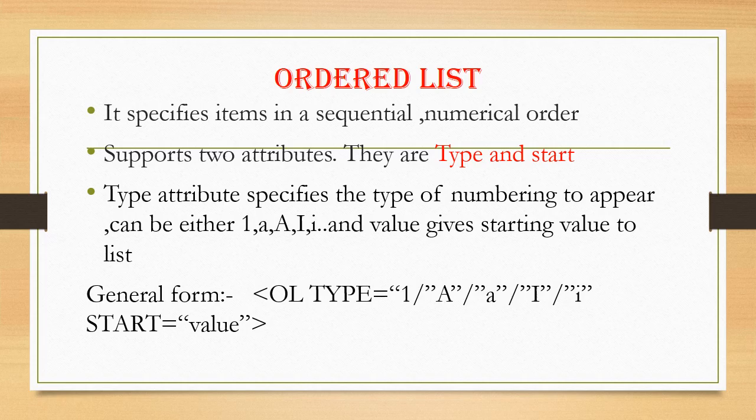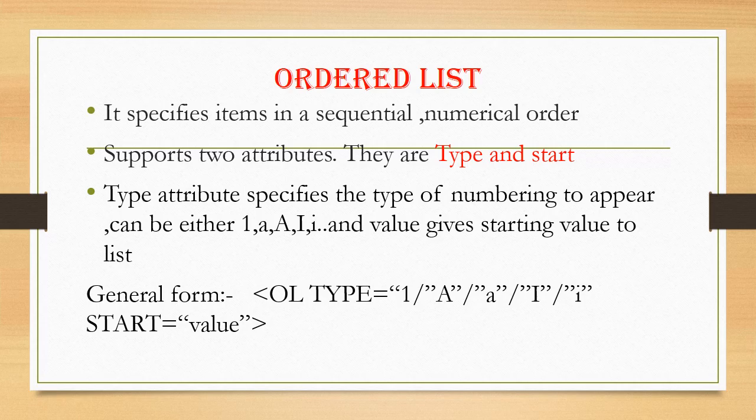That means if I have three subjects, what are the three subjects? IT, English, Maths. So I'm writing here 1 IT, 2 Maths, 3 English. That is the order, right? It is in an order. So that is the start value. So instead of that IT, I wanted to start from 6.